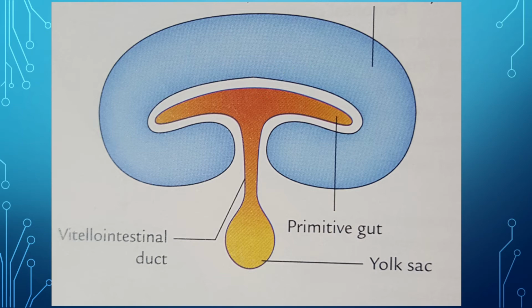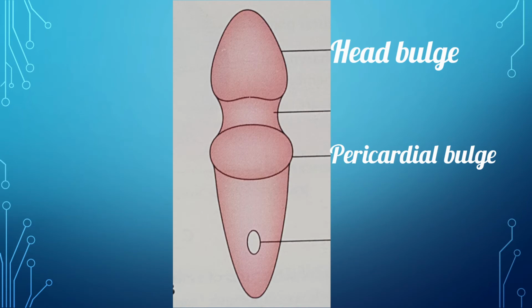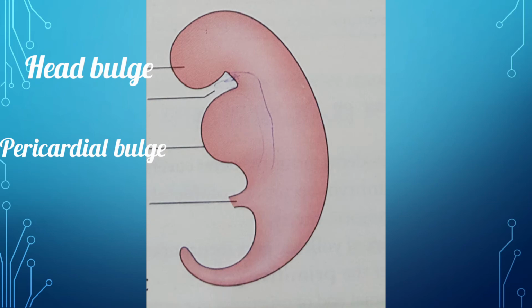This primitive gut forms most of the gastrointestinal tract. The primitive gut is divided into three parts: foregut, midgut, and hindgut. The midgut communicates with the yolk sac through a wide canal called the vitello-intestinal duct or yolk stalk. The folding of the sides of the embryo forms right and left lateral folds. The lateral folds move medially and fuse to each other to form the anterior abdominal wall. The center of the wall has a circular aperture which represents the future umbilicus.